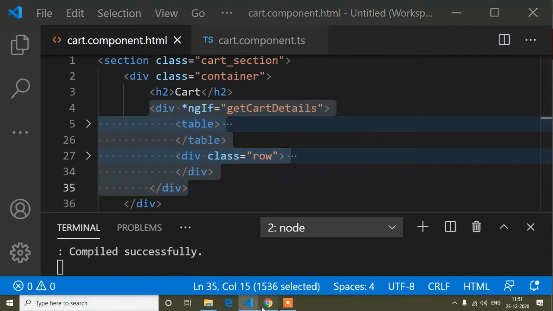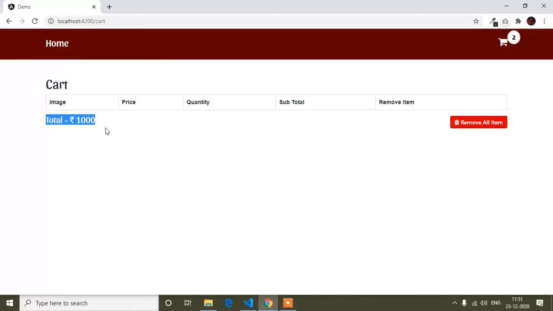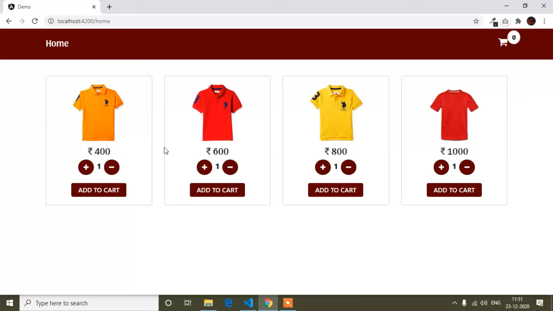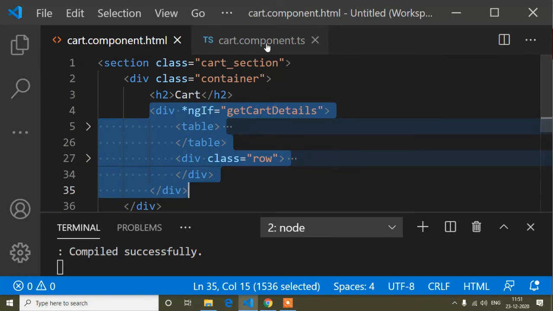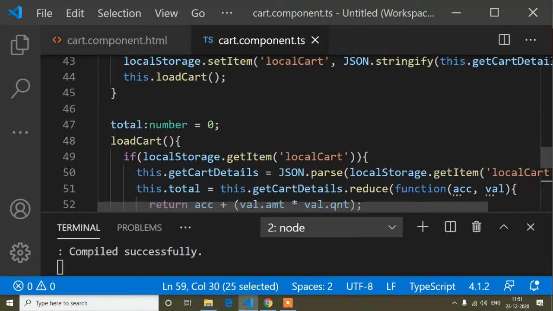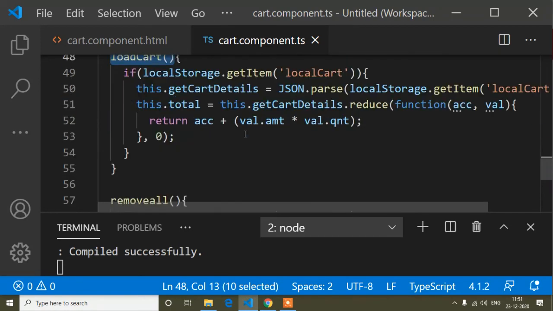But here you can see the total is still here. When I refresh, then the total is removed. So for this total I have to do another thing, that is here in the cart component, I have to call this loadCart method where I was counting our total.